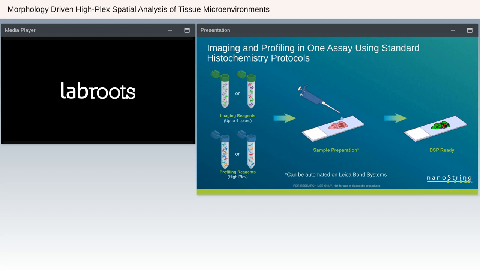So regardless of what analyte type you're interested in looking at, the system is multi-omic, so it allows you to look at both protein and mRNA. And we'll label up that section with a cocktail of these probes. That cocktail will include probes that have these little oligo tags attached to them for profiling. And these are extremely high plex, so we can go anywhere from 10 probes all the way up to 20,000 probes. So we have great plex capability built into this system for profiling, and that's what you'll get your digital